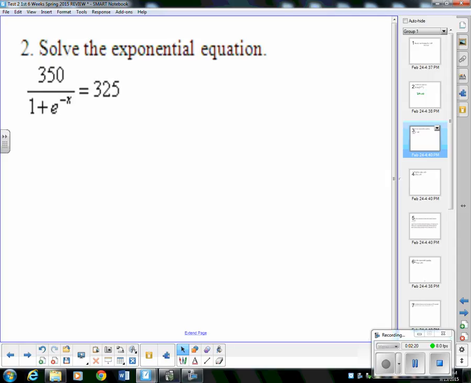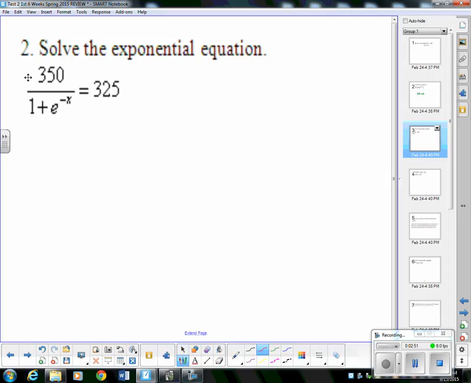We're going to solve this one using 2 methods. The first one is to actually do it by hand. If we wanted to do it by hand, then here's what we would need to do. First thing, notice that the x is in the denominator right there. All right, if it's in the denominator, we want to change that. So we've got to get rid of it, or in other words, move it from the denominator. The only way to do that is to multiply both sides by 1 plus e to the